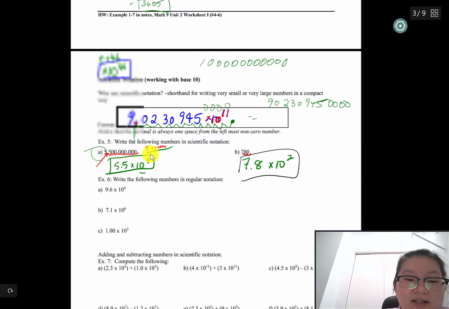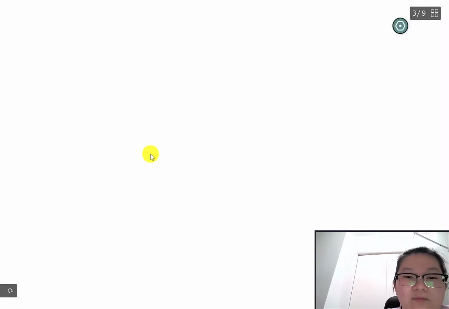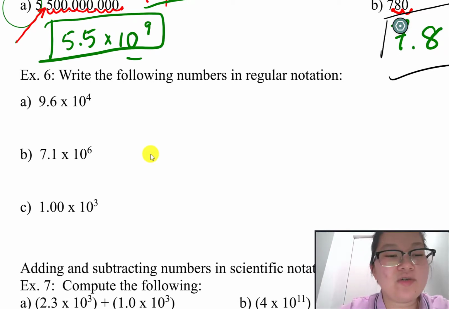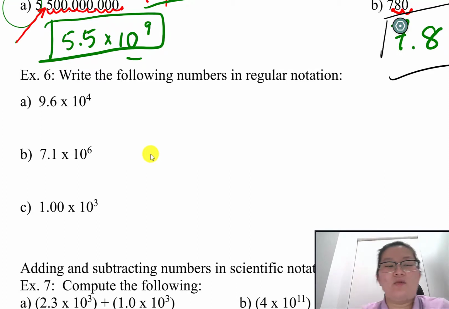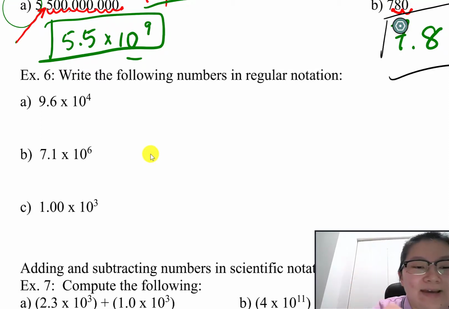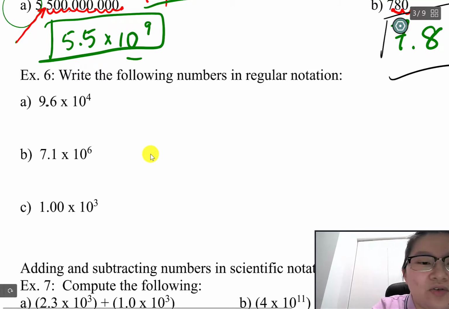Okay, so let's do some other examples below. Example 6, we're going to write some of these numbers in regular notation. So I'm going to do A, and you'll do the rest. So A, now the decimal is laid out for us. So we want to move the decimal so that